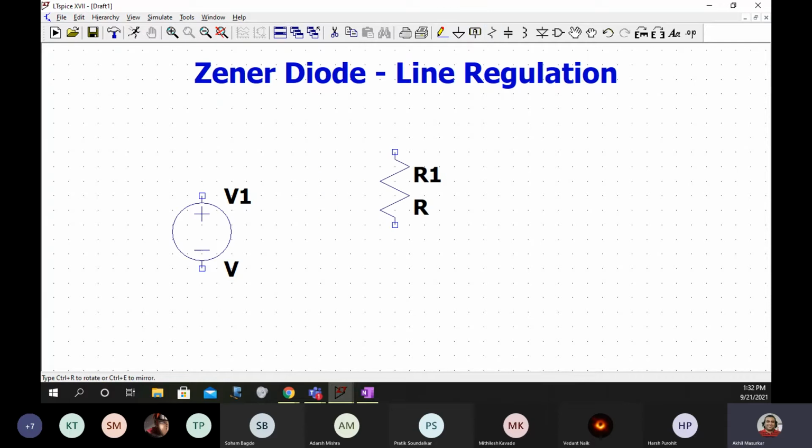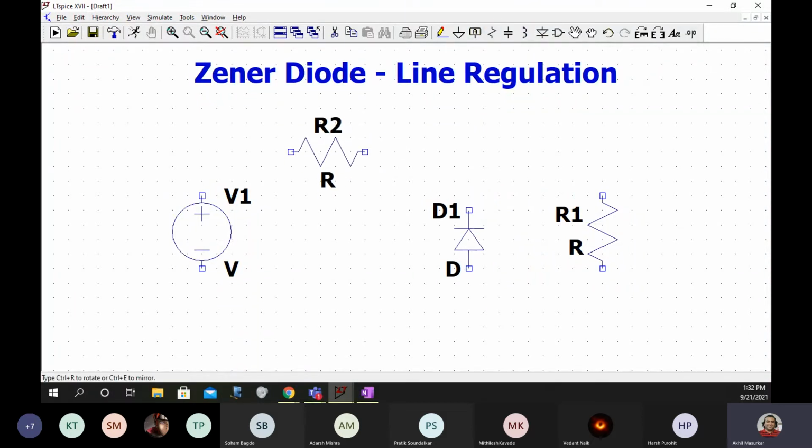Keep some distance between them, say this is my R1. I want a diode, so I'll just take it from here and place it here. I want one more resistance, R2, and now you just join them.